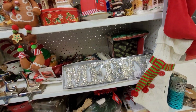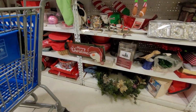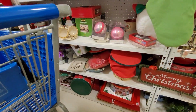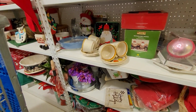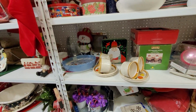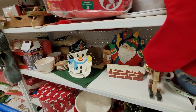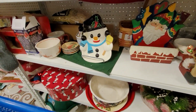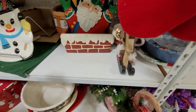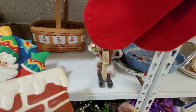I'm checking out the Christmas section. Again, I said it's not too late. It's probably the perfect time to list anything that you've got Christmas. Once you get to Thanksgiving, I think it's kind of done. You can list it any time of the year and it will sell, but the market is there right about now up until just past Thanksgiving, in my opinion. I mean, other people might find it different, but